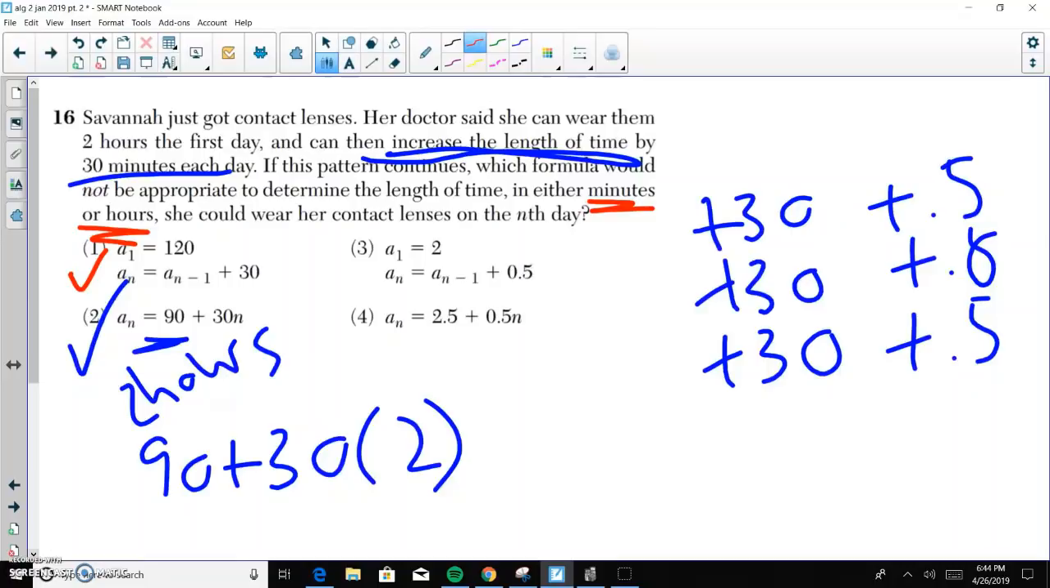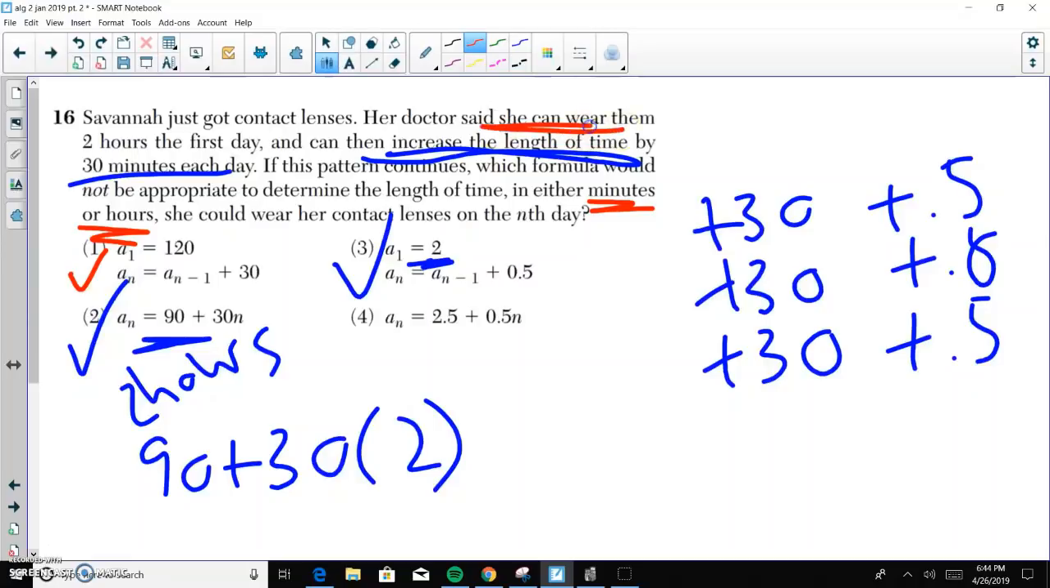A of 1 equals 2, A of n equals A of n minus 1 plus 0.5. So this one's in hours. So it starts with 2 hours, and it's 2 hours plus 0.5 hours, which is 30 minutes. So that one works. Just going back to choice 2, if you're wondering why 90 did work, it said